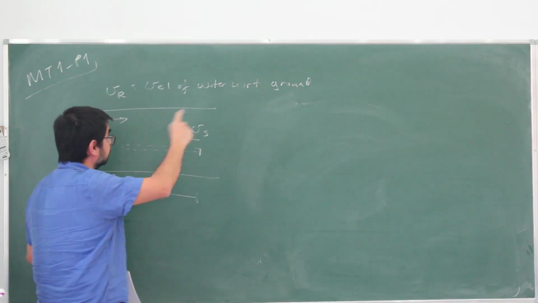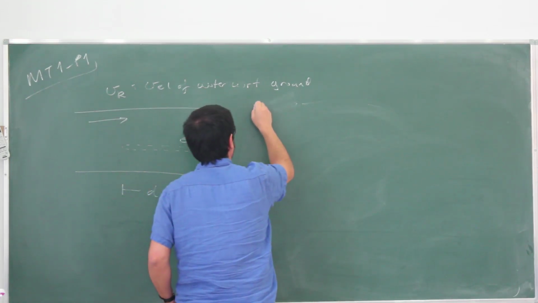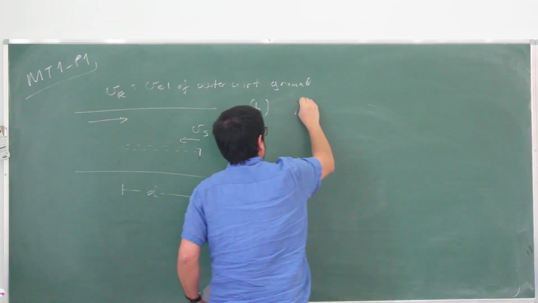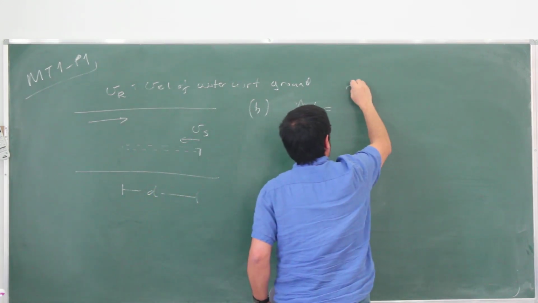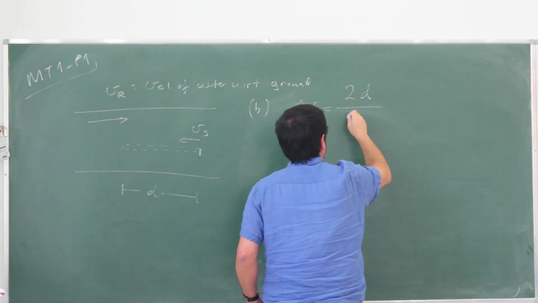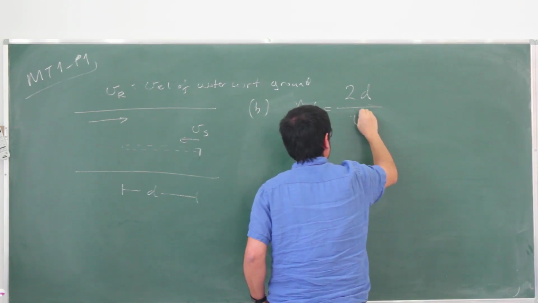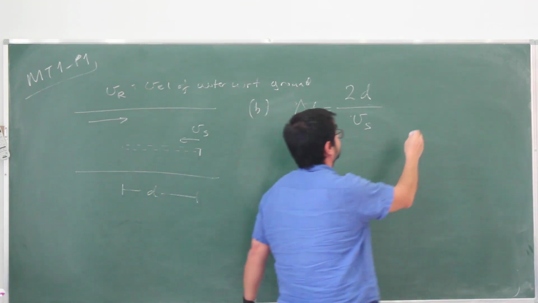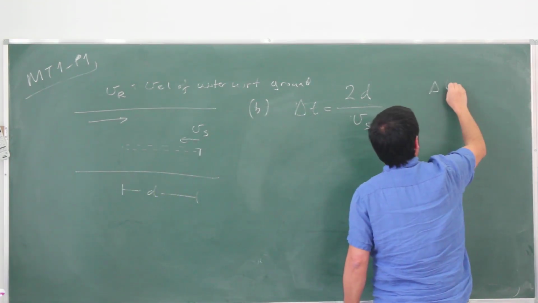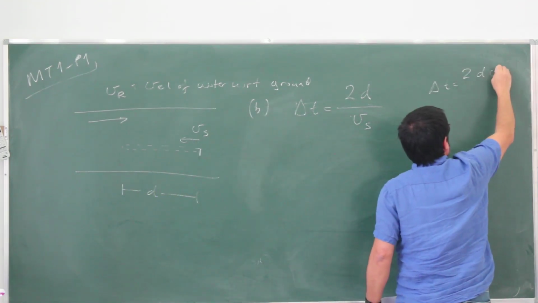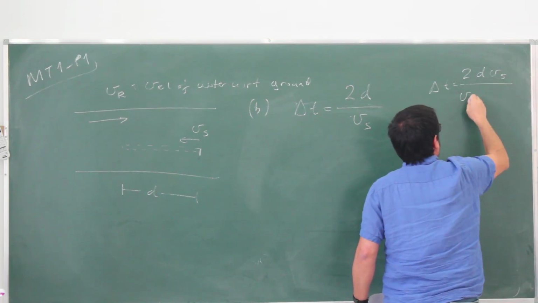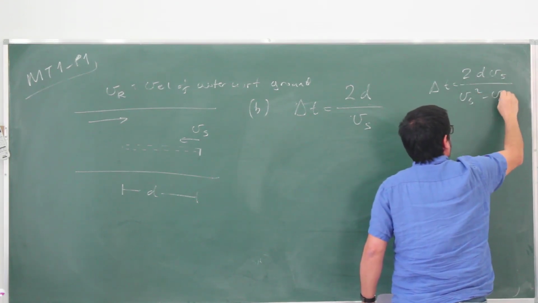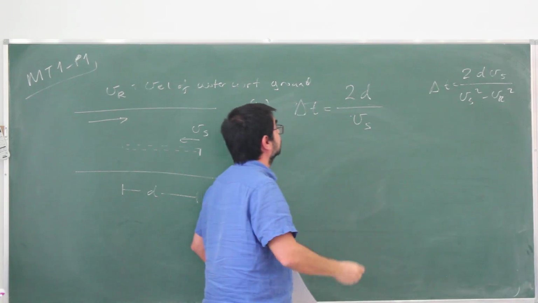They in fact cover a total distance 2d, so delta t for part B is just going to be 2d divided by velocity of the student. That's it. And just remember from part A, delta t was 2d Vs divided by Vs squared minus VR squared. I'm writing this down, this is for part A,